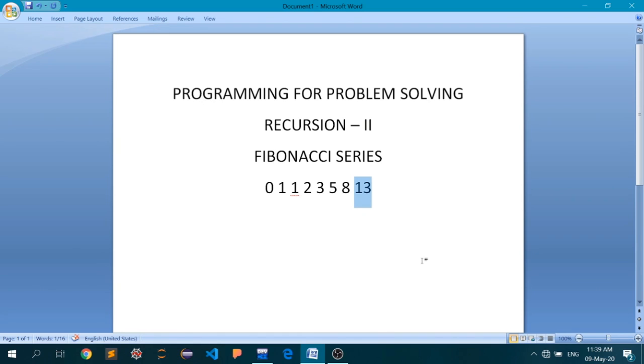Okay, so whichever number you want in the Fibonacci series, you have to pass that number to the function fib, and it will return you the value at that particular place in the Fibonacci series. So at the fifth place in the Fibonacci series you have a value called third, and at the eighth place you have a value called 13. So I think you must have a brief idea of what I am trying to say here and what we are trying to do here. So let's get back to the IDE.